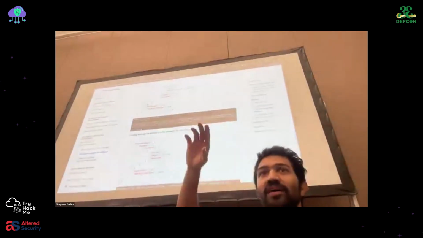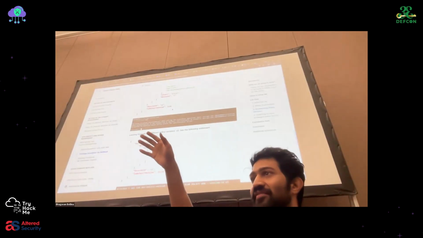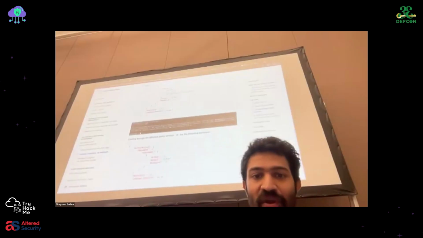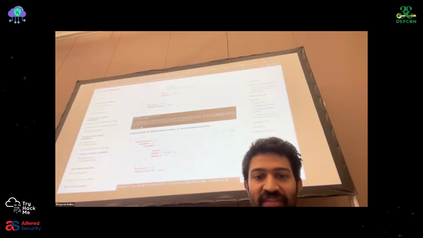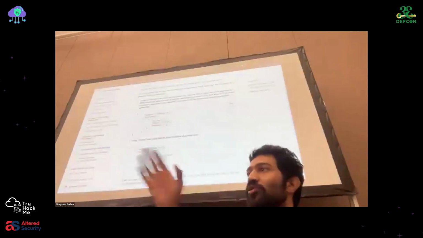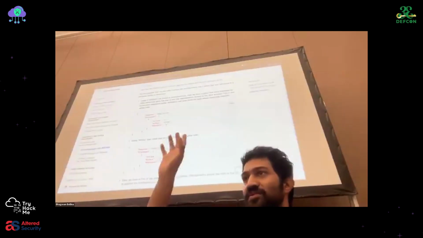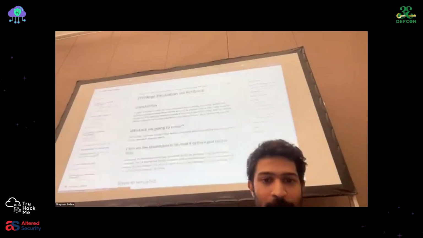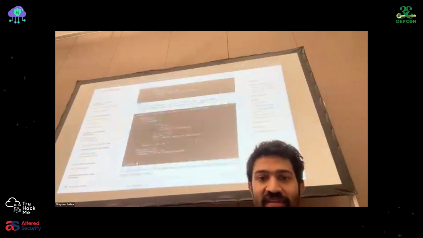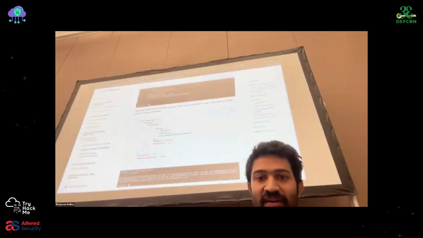But let us look at what access I have. When I tried to enumerate more policy versions, what I understood is there is one policy version, one of the dangerous policies we spoke about initially, where the action and the resource are wildcards, so you are allowed to perform any action on any resource. That means you are technically an administrator. Similarly, we can see in V3 of the policy version, which says this is the